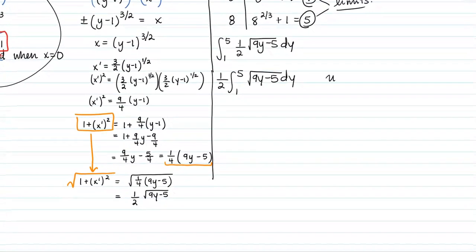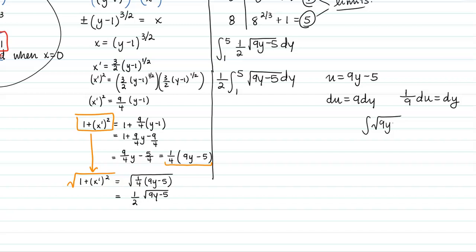So I'm going to let u equal 9y minus 5. Then du is 9 dy. But we don't have a 9 dy. So 1/9 du is equal to dy. We could switch limits here, but I'm not going to. I'm just going to do this integration off to the side, and then I'll go and plug in what we have. So the integral of 9y minus 5 dy